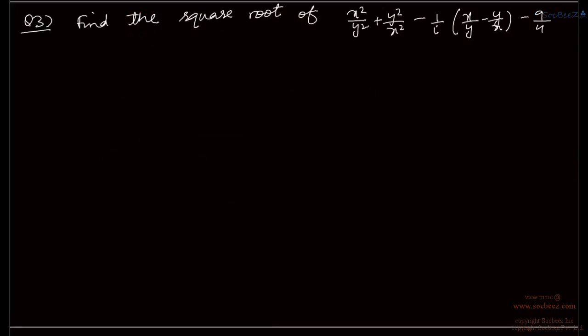Now the third question. Find the square root of x square plus y square plus y square by x square minus 1 by i x by y minus y by x minus 9 by 4. Alright. Okay. So what do we do for this kind of question? Now let us first write the required square root as a plus ib. Right? So suppose a plus ib is the square root of this number. So the square of this must be equal to